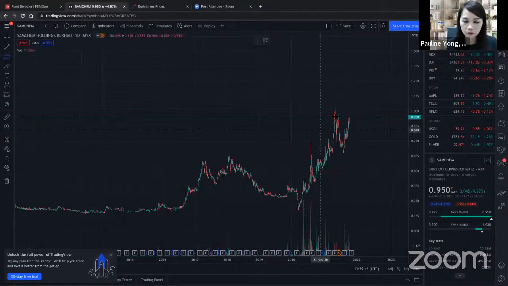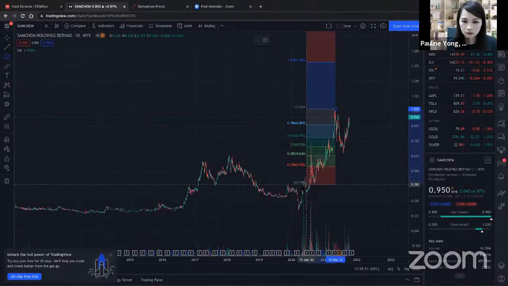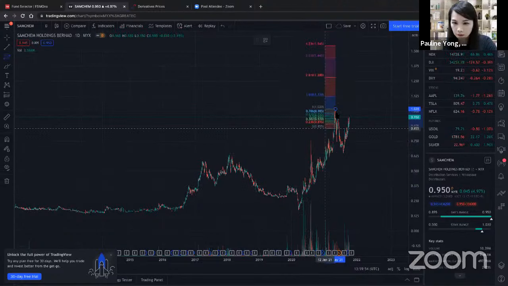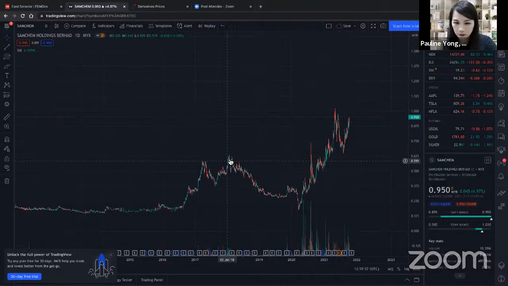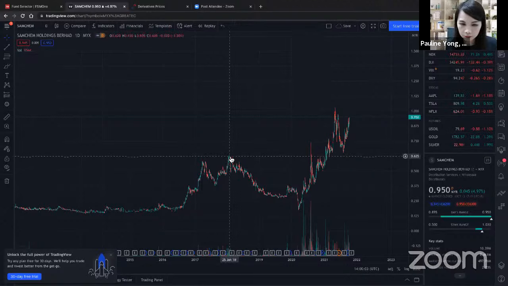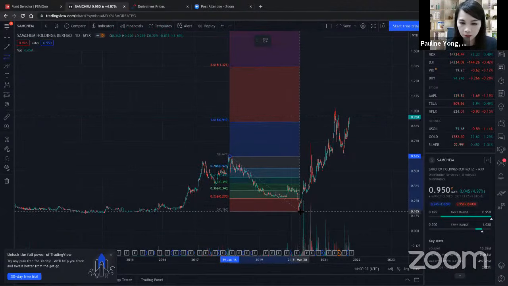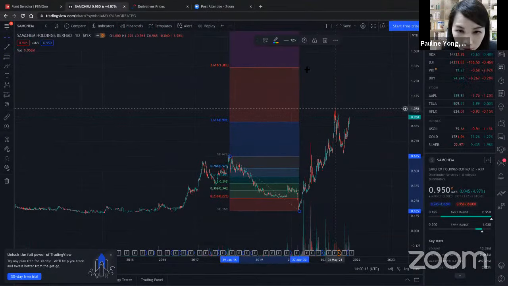So we will use the extension over here. This one you haven't passed that level and then pass this level. Okay, so you can use the extension. So you are looking at this level, past this historical high, and looking at the extension of